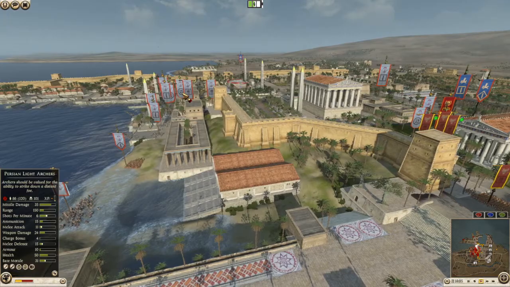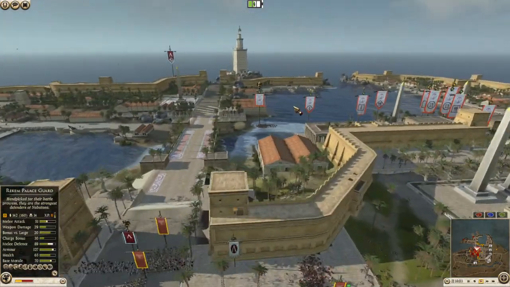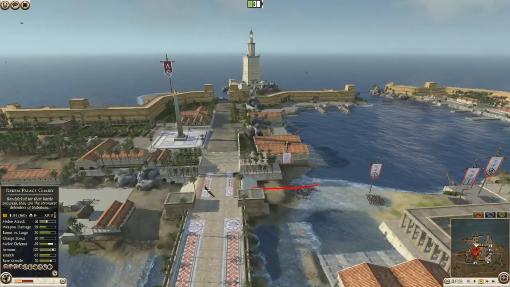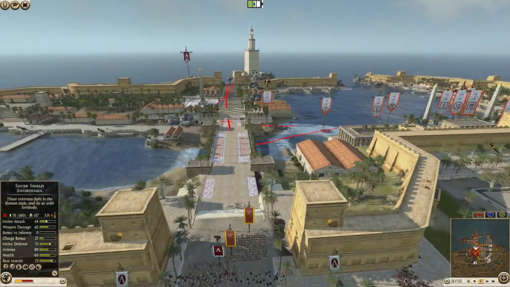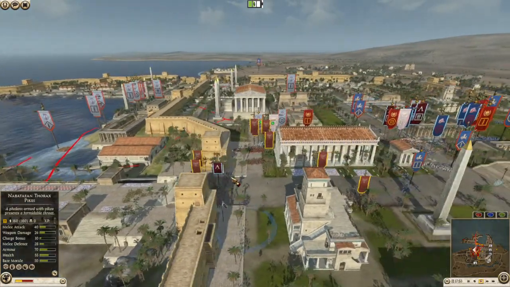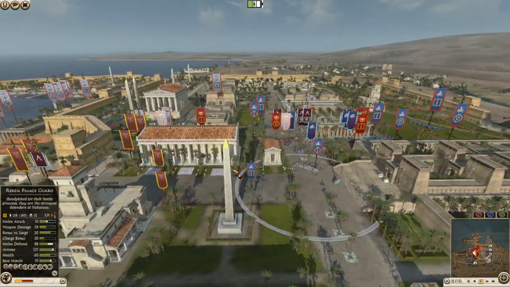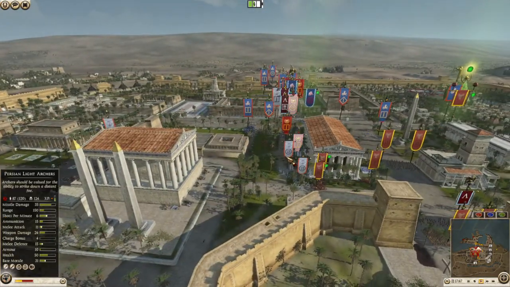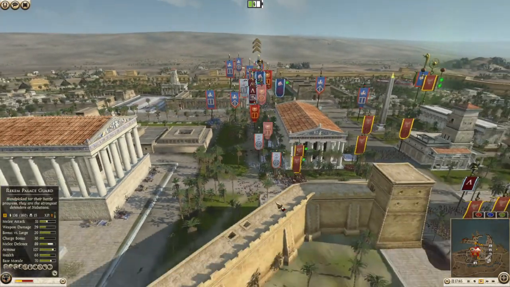So we can see what Seleucid is doing. This is the typical thing that the computer does. I don't know why they do this, but they always go all the way to the back, and then they decide to go all over God's green earth to get to a place where they want to be. Again, he was very confident in the fact that they were going to win this. So now,